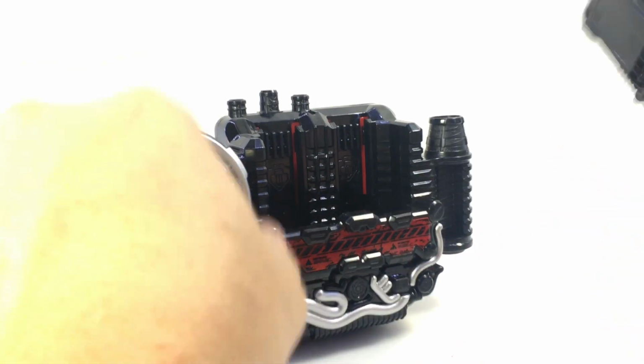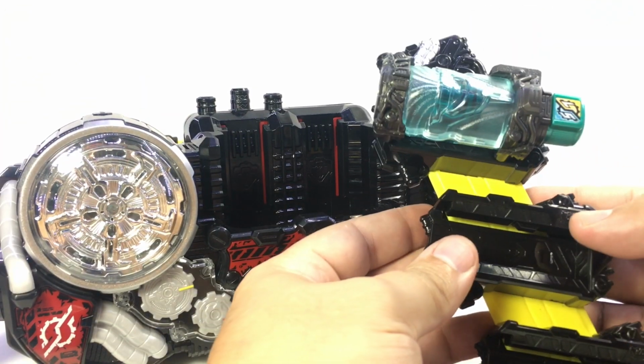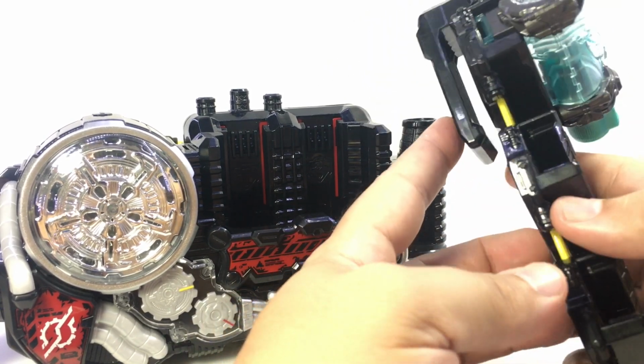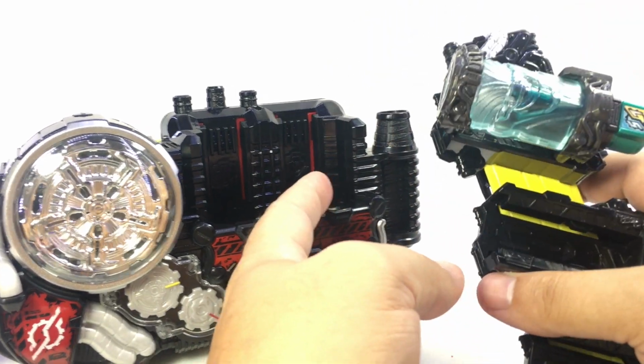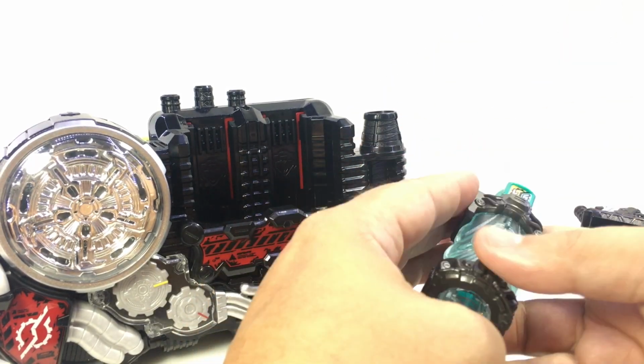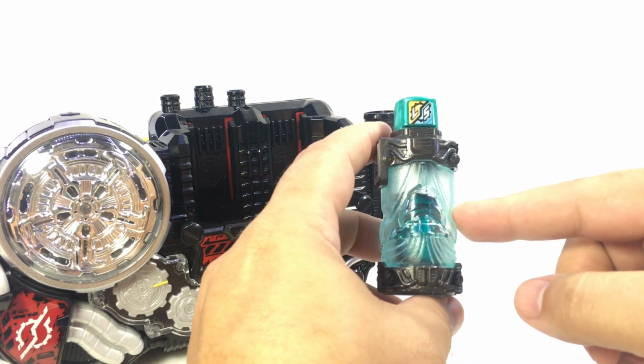It also comes with, you can also get it with the holder. I got this separate, but you can buy this separate or in the pack with the belt, and this comes with the cleaner bottle. Or vacuum is really what it says. It's called cleaner, but it's vacuum. It's kind of a teal,